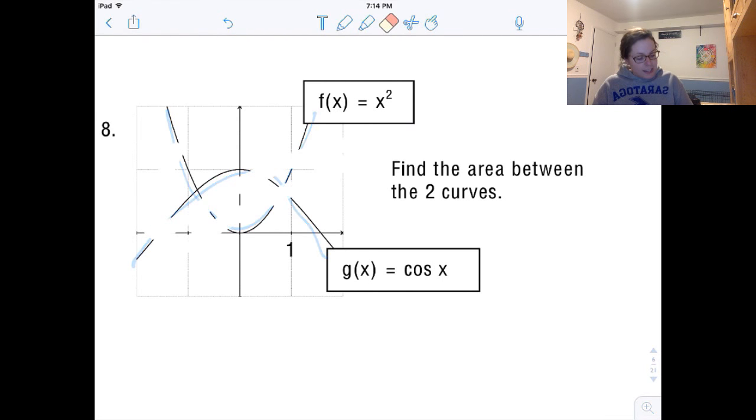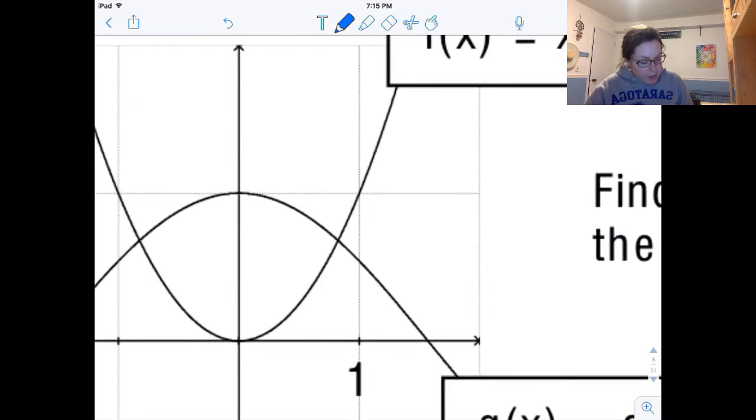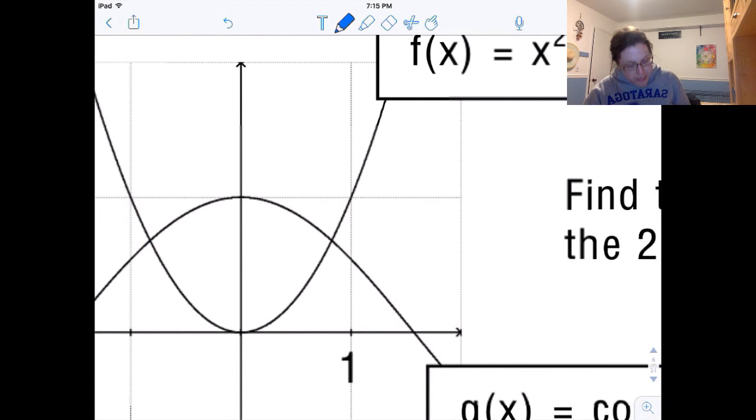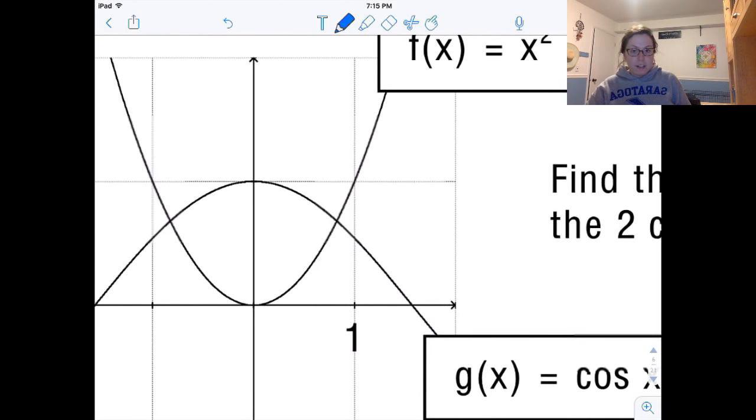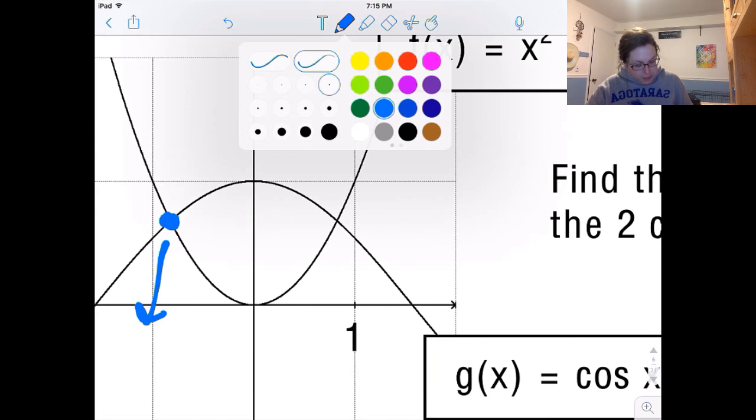Now, I cannot tell exactly where those intersect. So this is something you would take out your handy-dandy calculator. You would use second, calc, intersect, right? And I would look for those. So this coordinate right here, that x coordinate is, there we go. That x coordinate is at, and I'm actually just going to make this a little smaller,